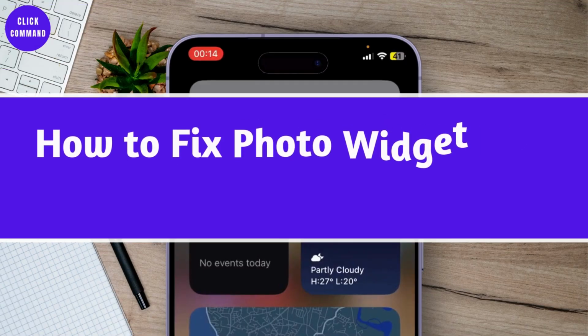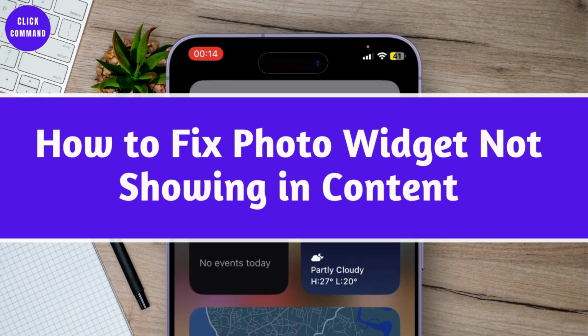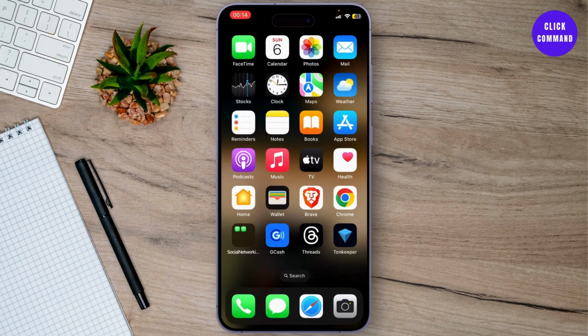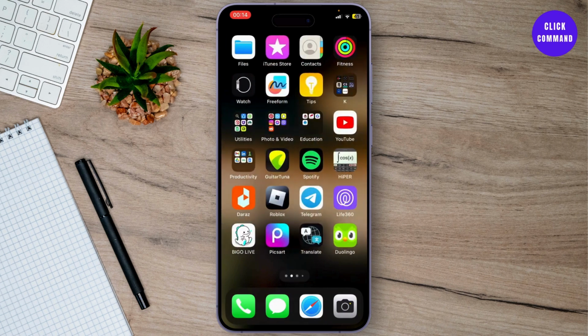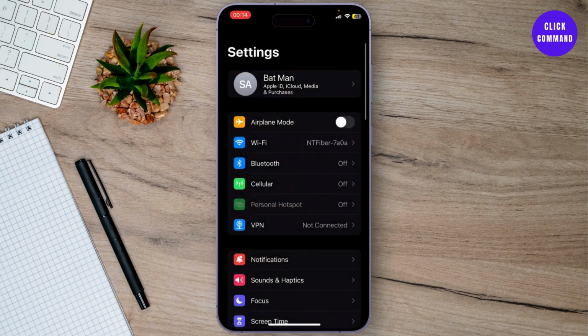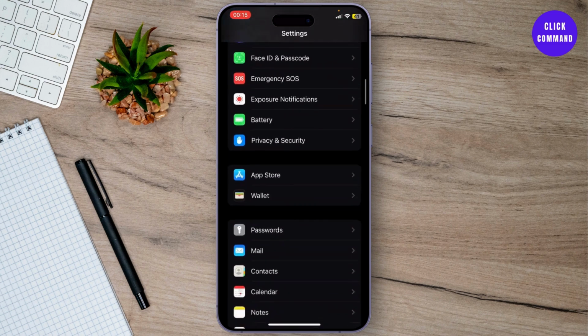How you can fix the photo widget not showing any content. Now, this is a really common problem, so I'll teach you guys how to fix that. So the first step is just go to your settings, and after you're on your settings, you will need to